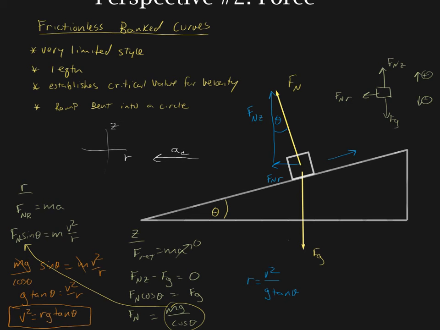If you're going slower than the critical velocity that we established over here, then it's going to slide down the ramp so that our function works out. So r is going to change dependent upon v. Okay, so if you're going too fast, you go up the ramp, and if you're going too slow, you go down the ramp. And that's the whole idea behind the critical velocity on a frictionless banked curve,